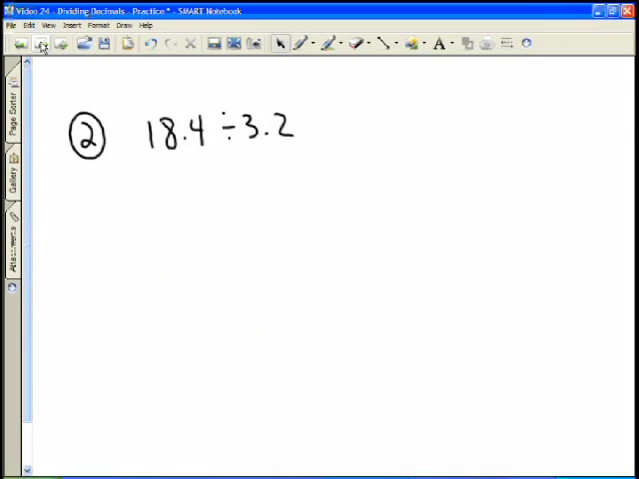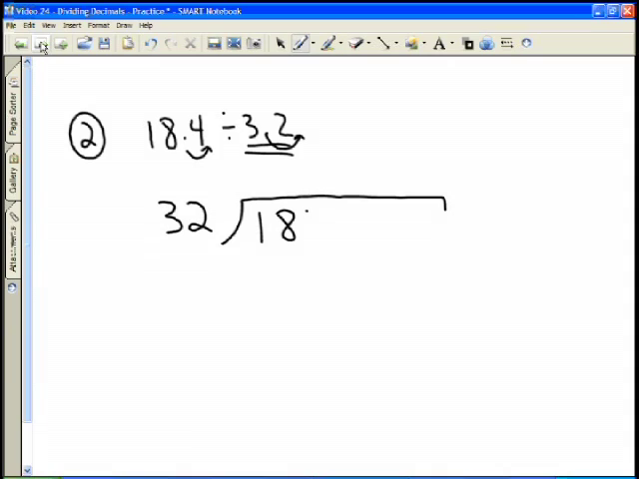If we look at example 2, now we have 18.4 divided by 3.2. But remember, we never want to have a decimal here, so instead of doing 18.4 divided by 3.2, we're going to do 184 divided by 32. It will give us the same answer numerically. So 32 divided into 184, and I'm going to add a few zeros just in case I need them. Put my decimal right above, and now